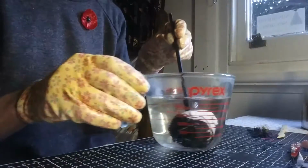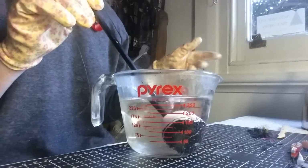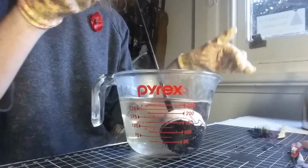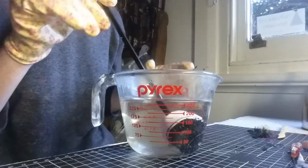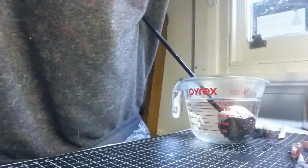Okay, so I've got her in the cup of hot boiling water now, and we're just going to leave her for about 30 seconds again. I'm keeping her under the water with a chopstick here. But just remember to wear your gloves and be really careful when you're handling your doll straight out of the water, because she is going to be hot. So you probably want to put down a little bit of paper towel